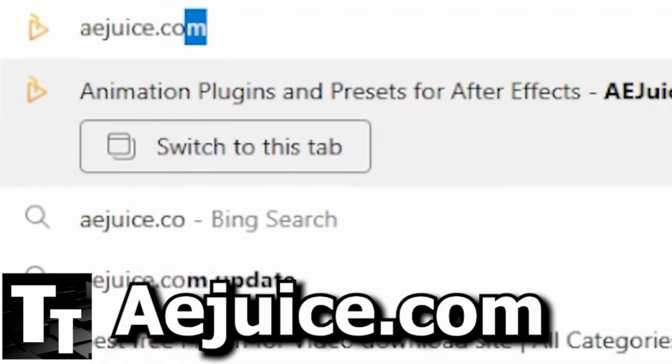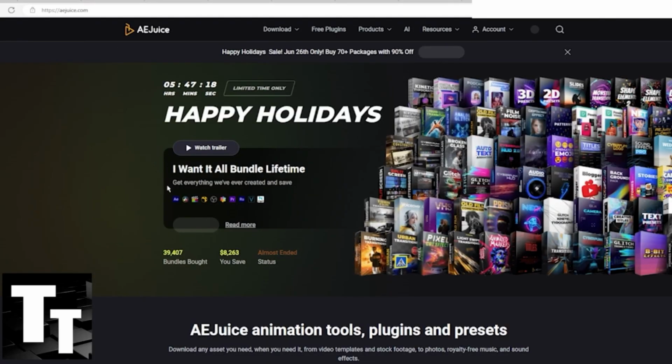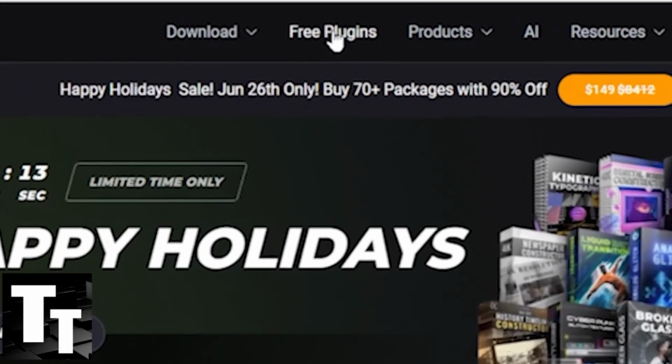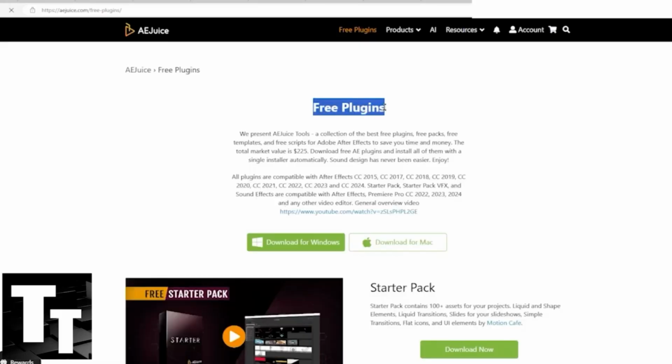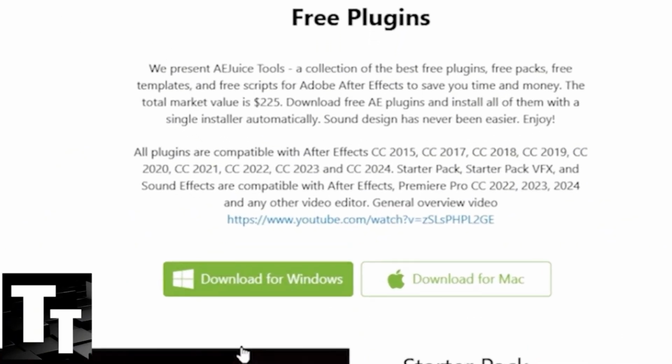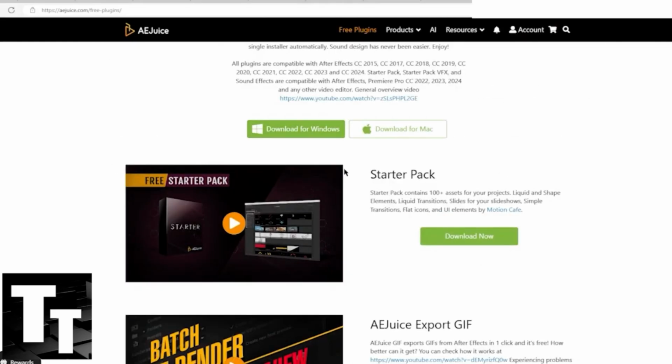Step 1, type this on the screen, aejuice.com. And once this has been opened up and loaded, go to here where it says on the top right screen, free plugins. Now when you're on this page, if you have Windows, click download for Windows, or for Mac,